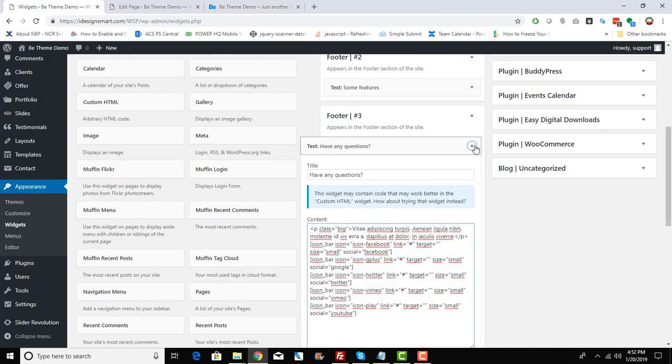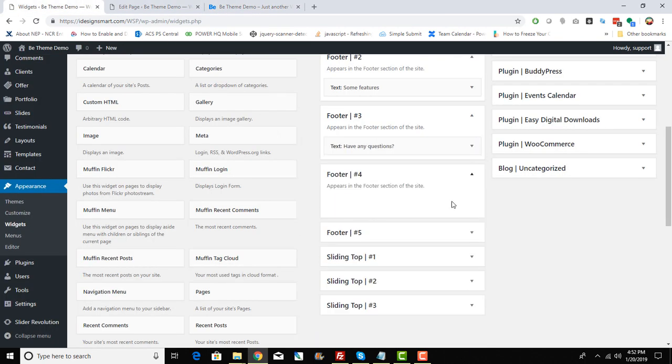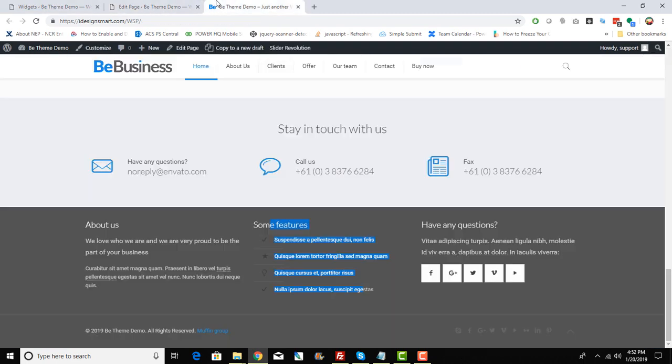So you will notice that footer number 4 is empty and does not have any widgets. If you want to display 4 columns, you can add a text widget over here and configure however you want. So that is the number 4 option, and you can also do 5. So it can display up to 5 columns in the footer. And notice that when you go responsive, it will all be just 1 column. And the last section is the